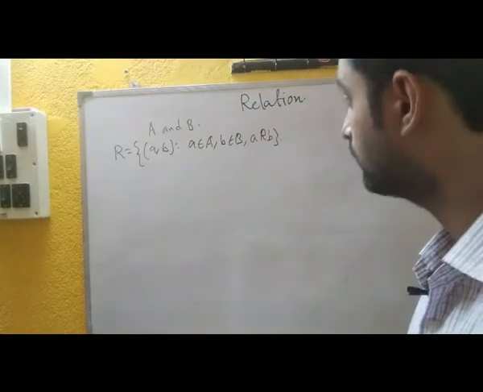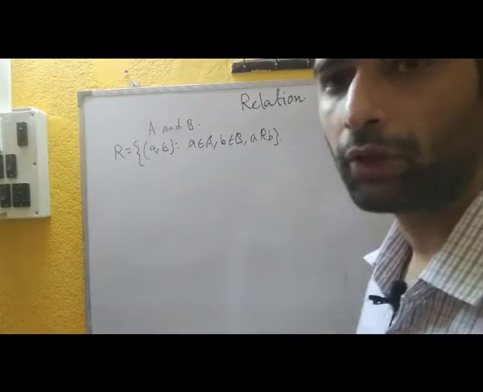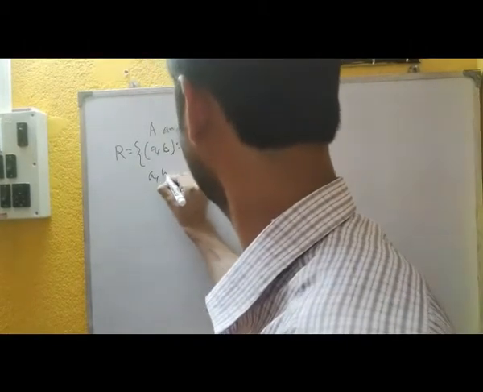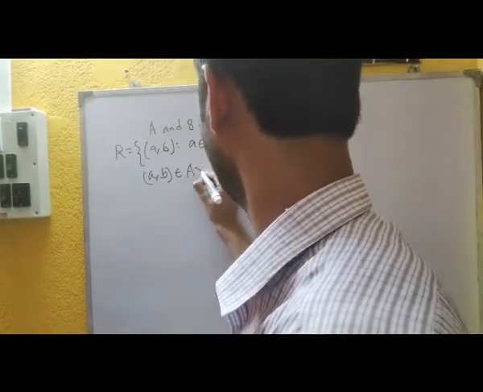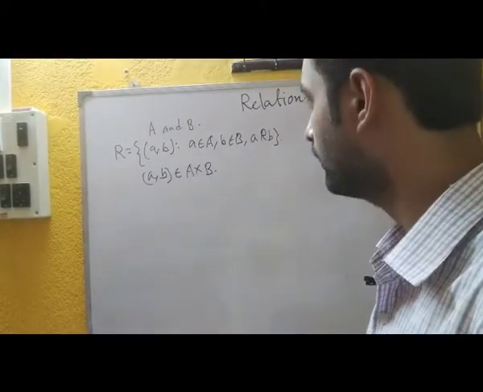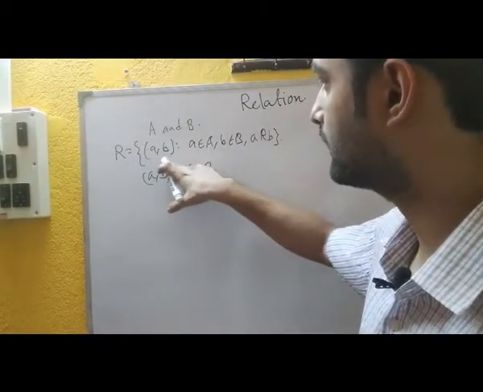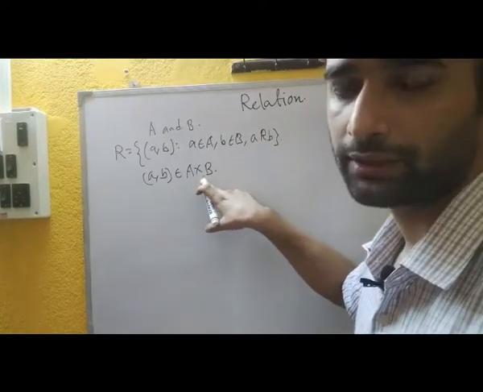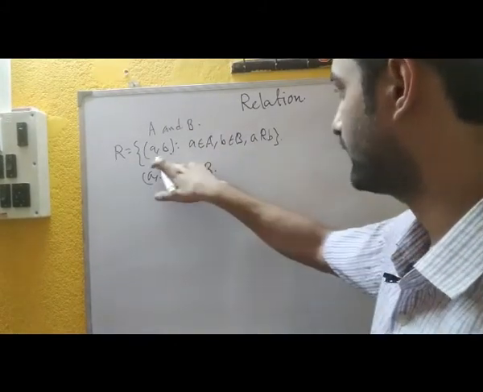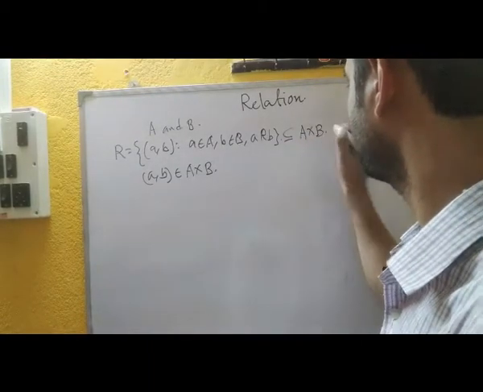So what can we say about these elements? In which standard set do these elements belong? It is the ordered pair (a, b). So we can say these ordered pairs are the elements of this set A cross B. It is the Cartesian product, or the cross product, of A and B. So see, if we consider this set, we can see all the elements of this relation are some members of this set A cross B. In this way, we can consider this set R, or the relation R, as a sub-collection, or the subset, of A cross B.